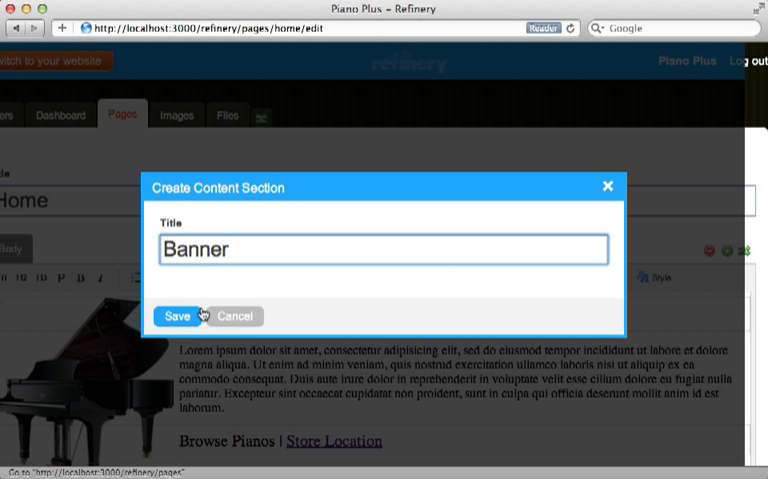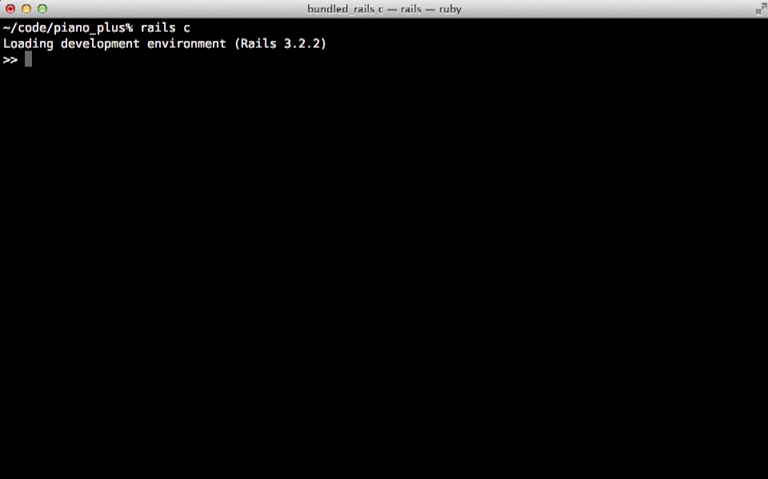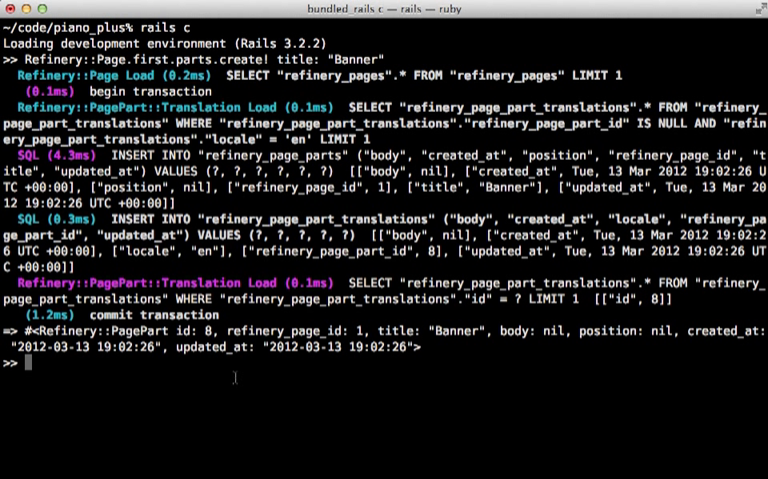Now unfortunately there is a bug which prevents this form from being saved, so this doesn't work. Now I'm sure this issue will be fixed soon, but in the meantime you can get around this by just adding a page part manually through the console. The first thing you need to do is just find the Refinery page model that you want to add it to. In this case it's the first record in the database, so I'll just call first, and then you can call parts.create to add a page part to it, and I'll just set the title to banner. And you can see that just added that page part record into the